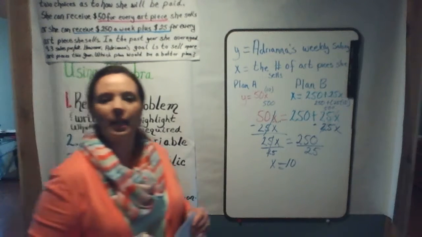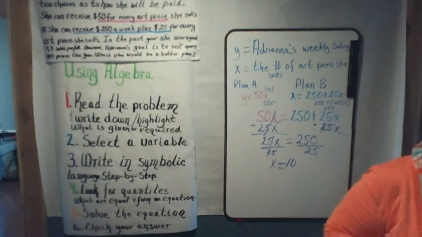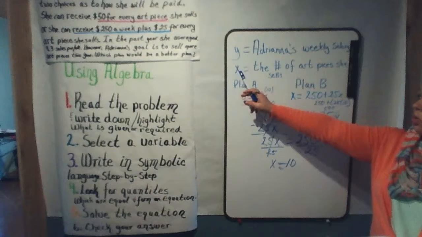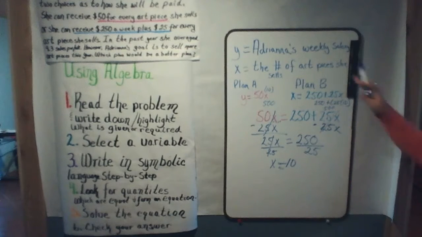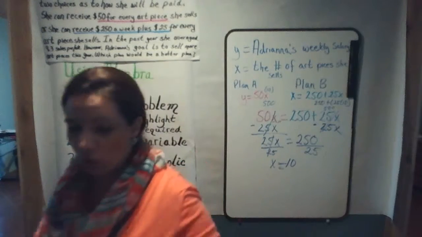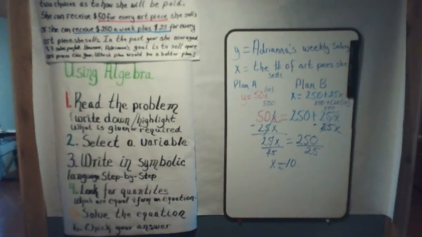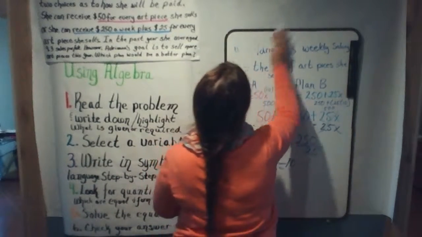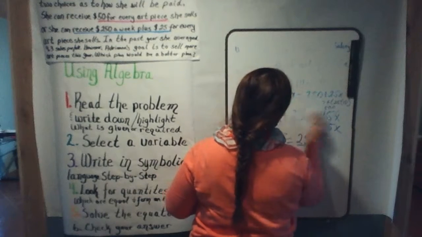Okay? Does anyone have a question? Anybody have a question? Yes, that's right. You could use any variable. Okay? Just let me know what it equals. Right here, you have to let me know what it equals. And then carry it throughout the whole problem. Okay, if there's no other questions, we're going to go to our third function. Our third function is going to be bar models. A bar model. Now, our bar model